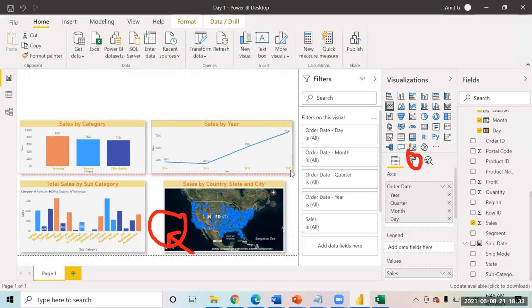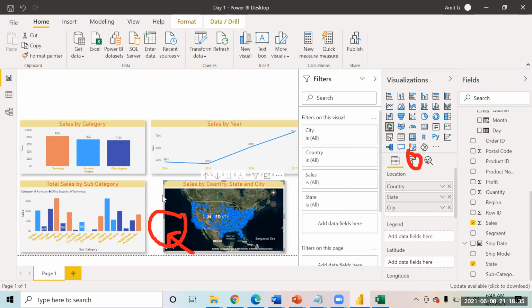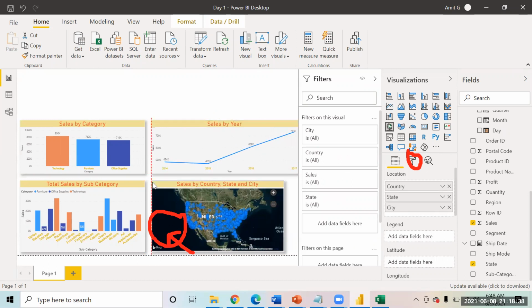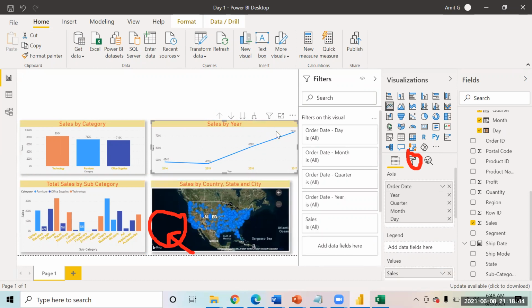Okay. So this way you can do a quick formatting on these charts to bring them onto the same level of look and feel. So now I'll request all of you to please save this chart, save this report. So definitely we will be exploring more on this.